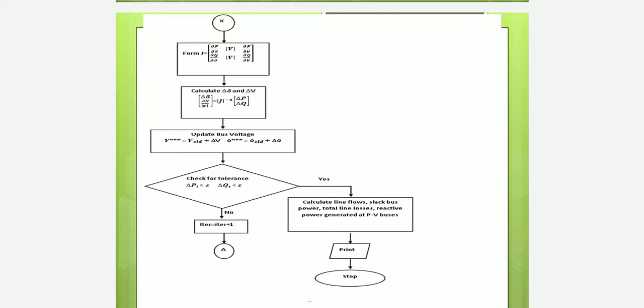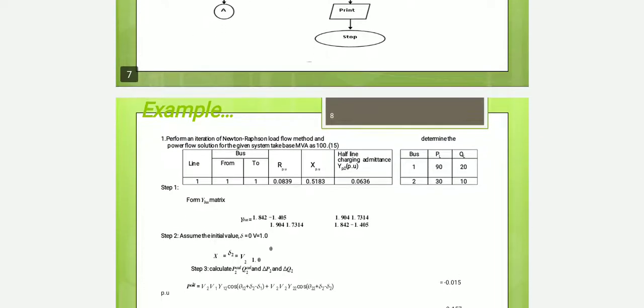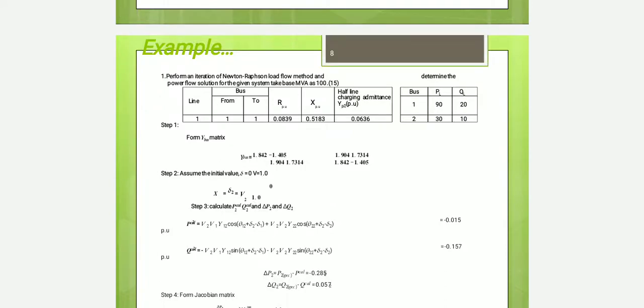So this is the procedure for how to solve the non-linear algebraic equations by using an iteration method called the Newton-Raphson method. You have learnt about the algorithm, that is the step-by-step procedure, and also the flowchart method. You can increase the number of iterations to get the solutions here. It may be increased up to 6 and 7, or even more than that. So we are going to have an example based upon this Newton-Raphson method.